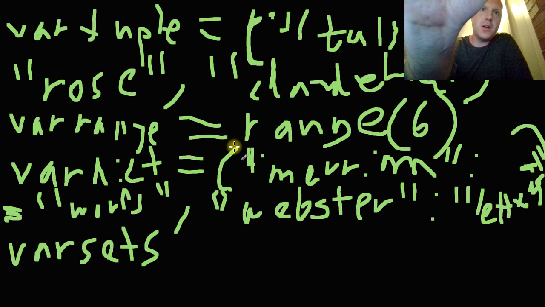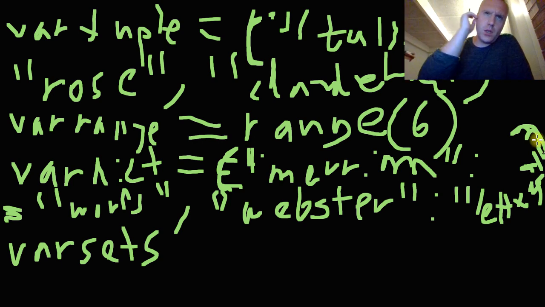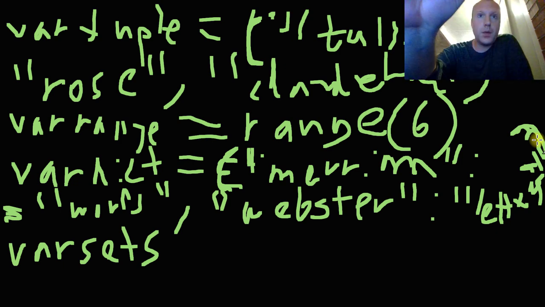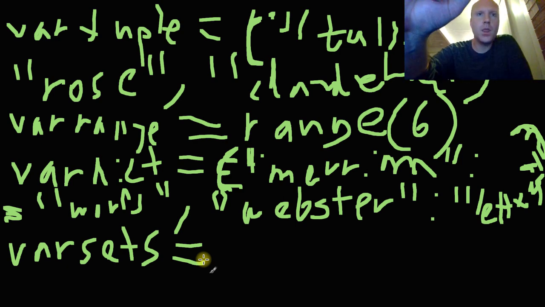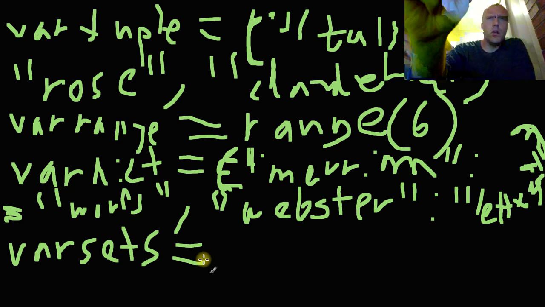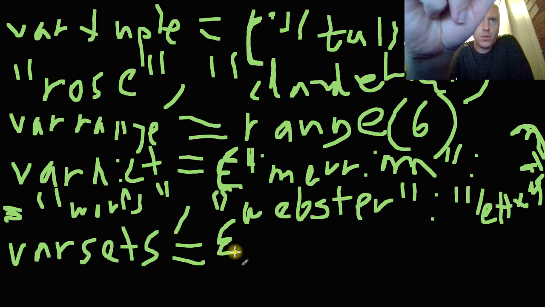And I gotta use the curly brackets on this one. Wait, it was the curly brackets on the dictionary too, because if you use the open brackets versus the curly brackets, it's gonna call it a different type of variable. So the curly brackets are on the dictionary, so I don't want to confuse people too much. Variable sets, which doesn't matter. I can change anything on that side. But what happens is, I can get to that in a second. But this is the curly bracket, and what it does is just